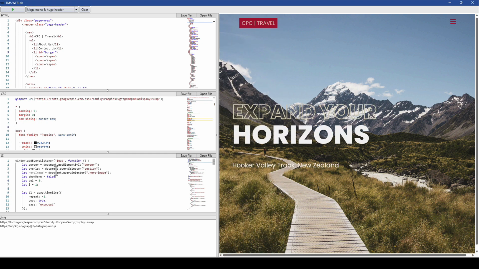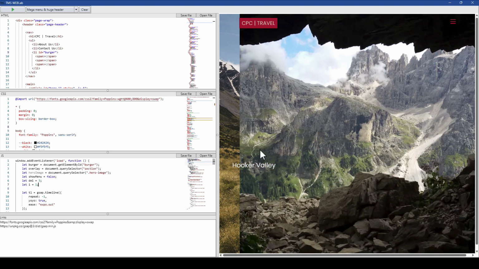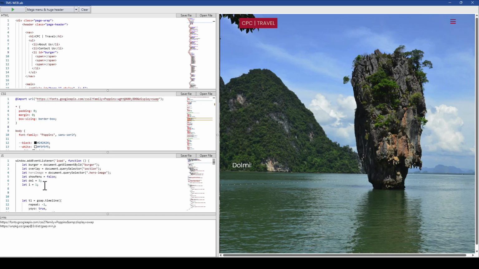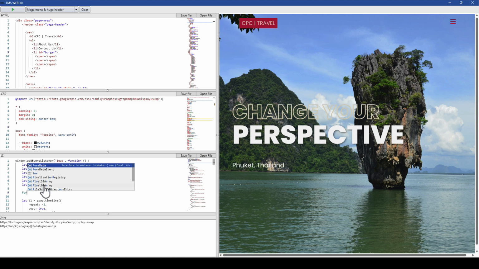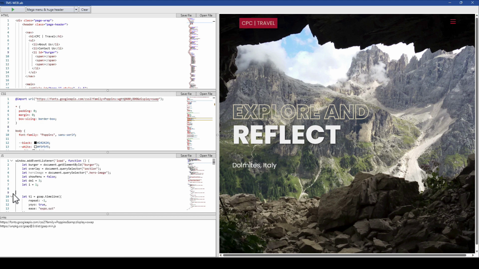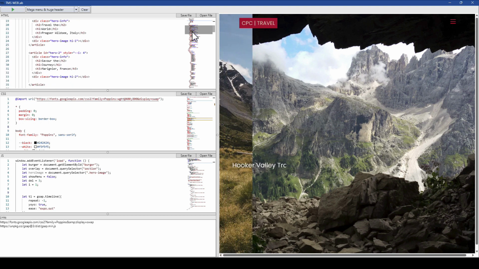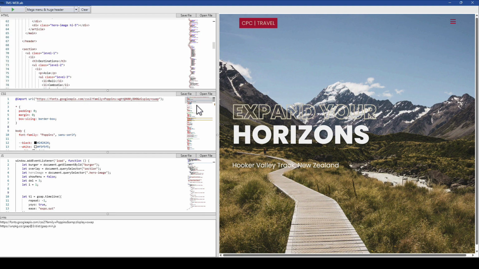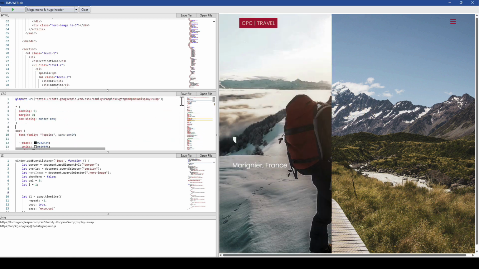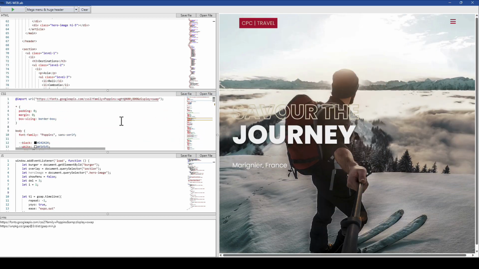Same for JavaScript. Here we have JavaScript that displays everything on the right. The animations are JavaScript, of course. So here, let's say I want to do a for loop, for, I get for. Or if I have special data types, for example, form data, here, this is all included in code completion. As well as code completions, you also get a mini map right here, so you can scroll through your source code quickly. And of course, we have save file and open file for these things.